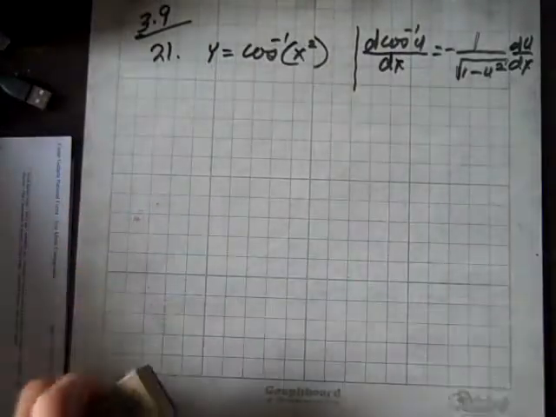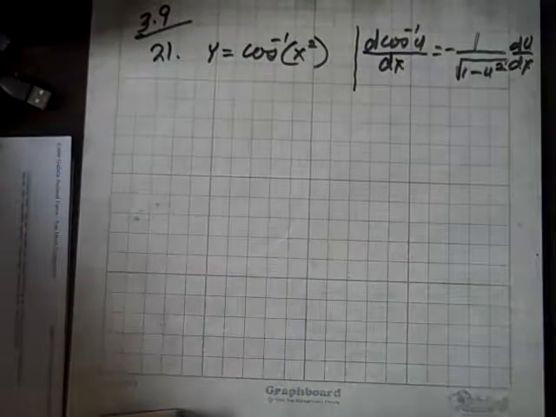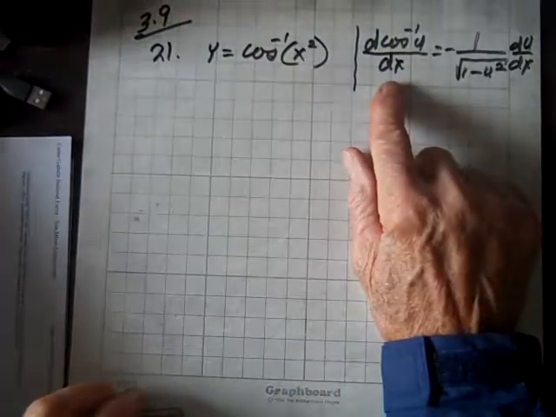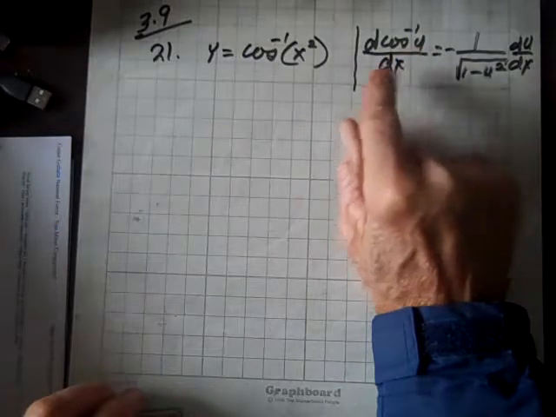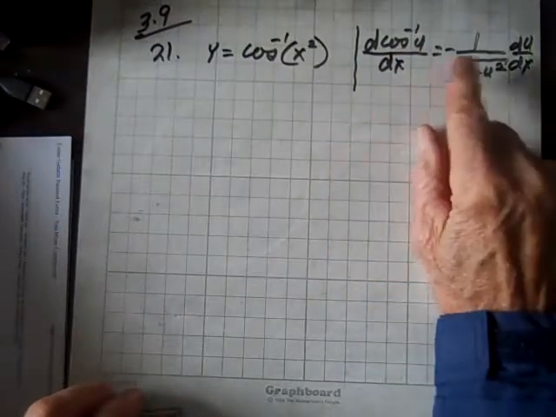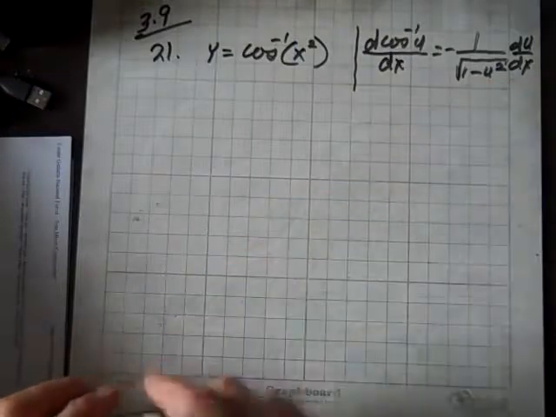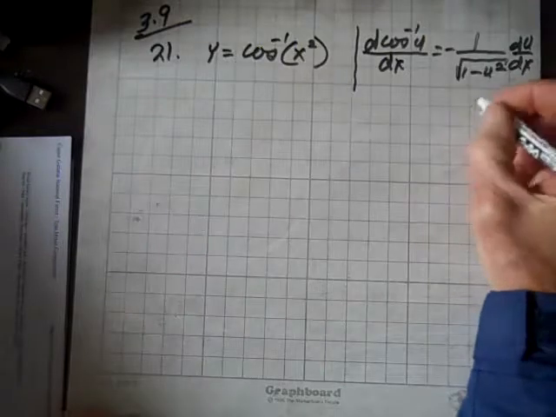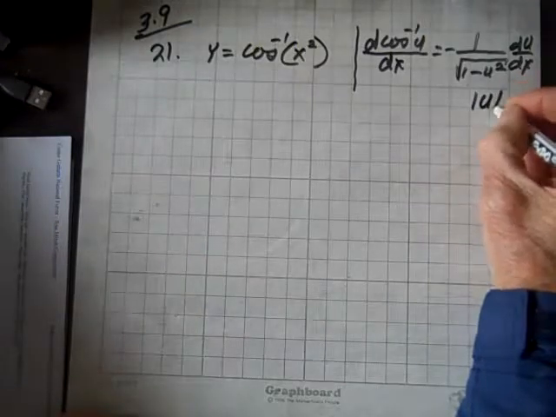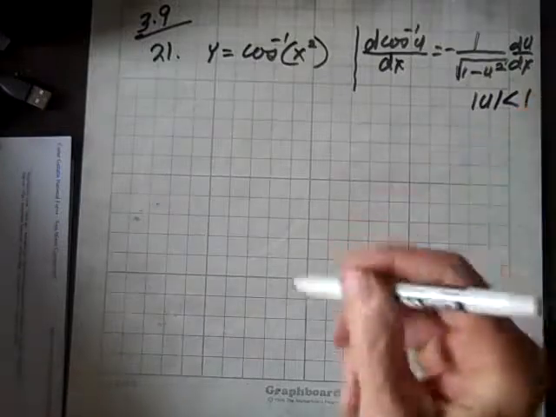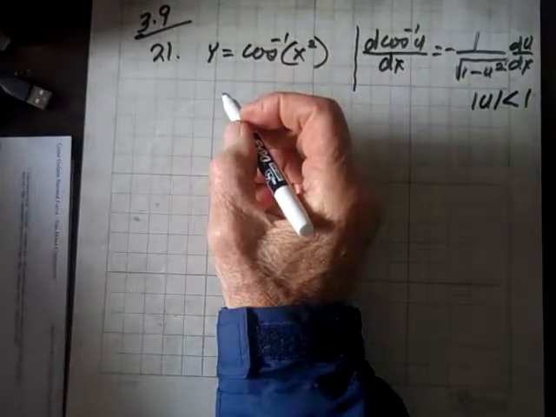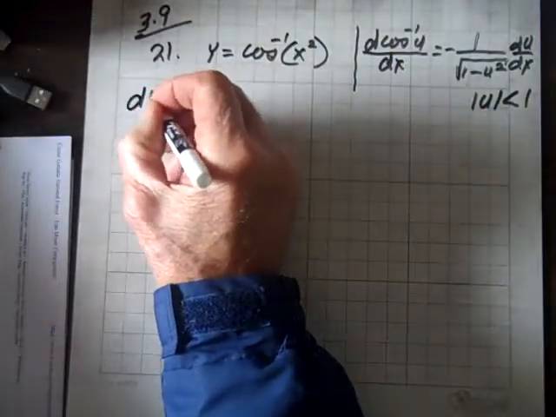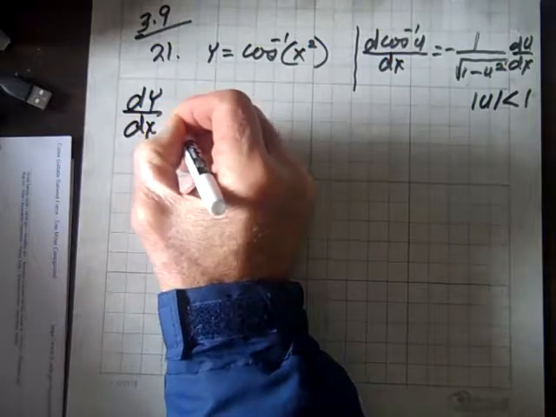Now we're doing question 21, and we've got to find the derivative of the inverse cosine of x squared. Well, on the previous page, you'll see that the derivative of the inverse cosine of u equals -1 over the square root of 1 minus u squared, du dx, where the absolute value of u is less than 1. So now, according to this, dy dx equals